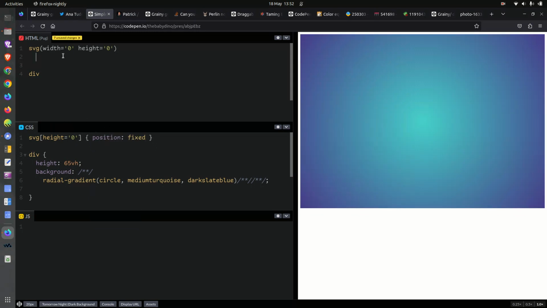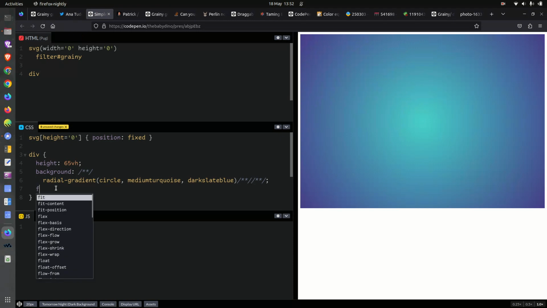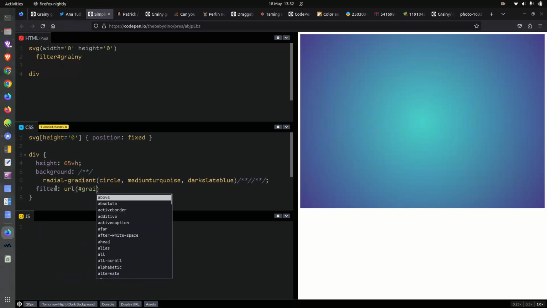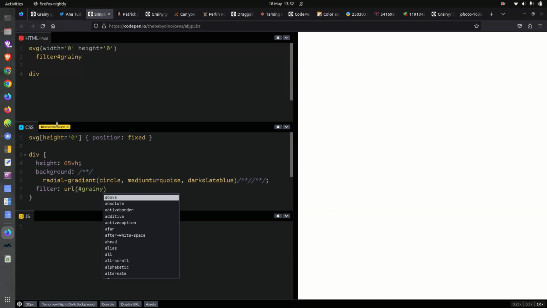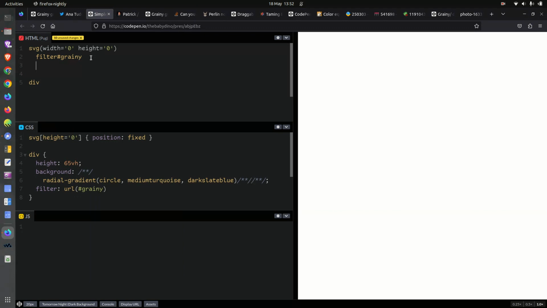Now, the interesting part, the actual filter. We're going to call this filter Grainy, and we're going to use it in CSS like this. Filter, URL, Grainy. Okay, this makes the whole thing disappear because we have nothing inside our filter. So let's start adding filter effect primitives. So we're going to have filter effect turbulence